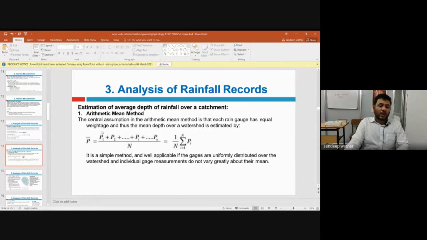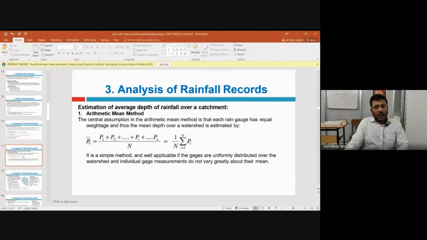Now, if I want to calculate the average rainfall that has happened in September for the whole month, I take the sum of all the rainfall that has occurred in September for individual rain gauge stations, create a total, and divide by the number of rain gauges.